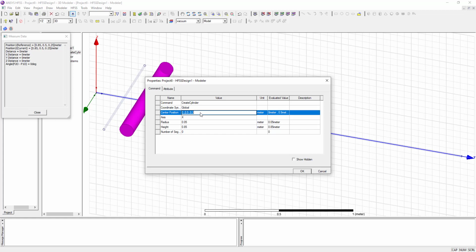Before setting the center position, set the radius, which is 0.0076 meters, and the height of my dipole is 0.8163 meter.